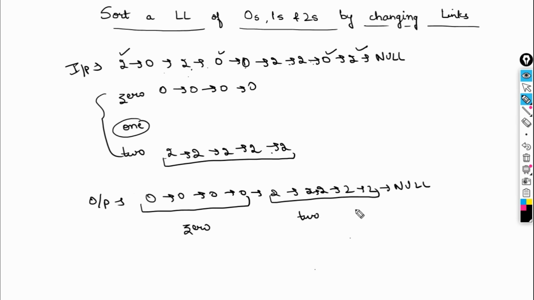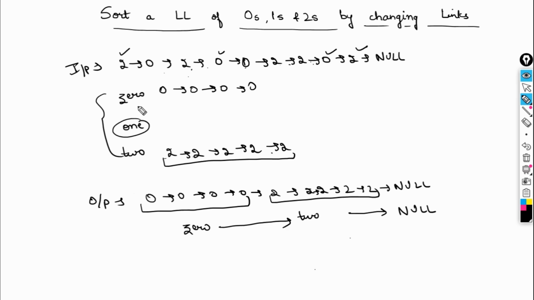So this is my two list. Okay, and as I told you in the previous example, we need to connect this 2 with null. Okay, so do I need to connect the 0 with 1 here, because 1 is null? So in these cases you need to check, like if 1 is null, you directly need to connect 0 with 2, right? And we will be done. If 1 is not null, then you need to connect 0 with 1 and then 1 with 2, right? So basically these are the two cases.